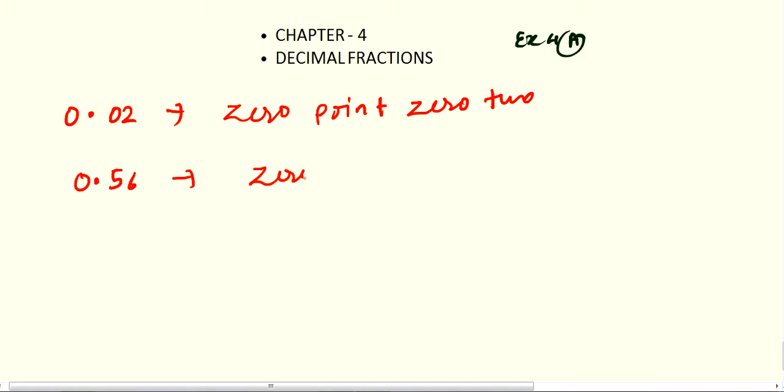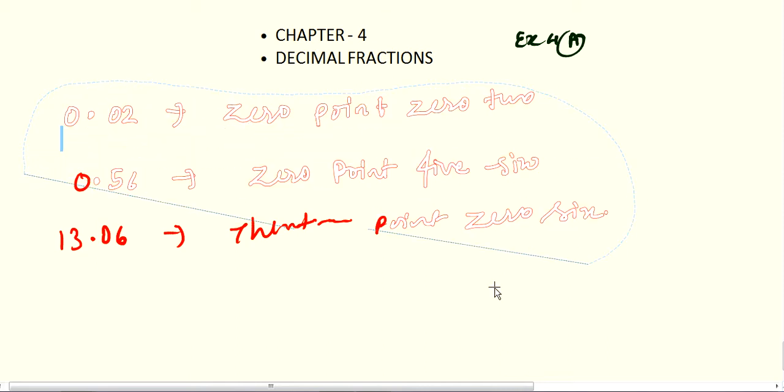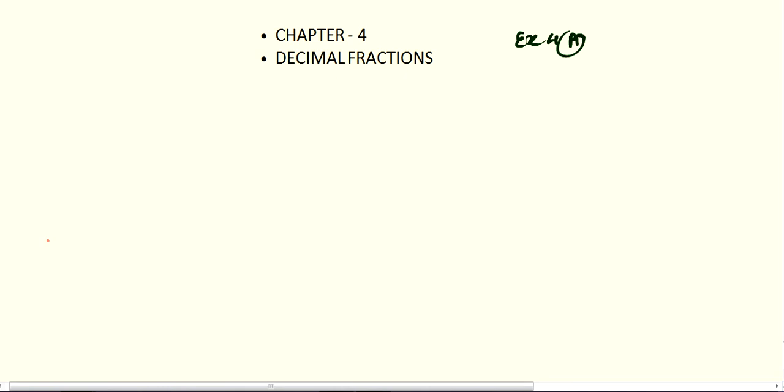So write 0.56. The next is 13.06. So write 13.06. Like this you have to solve question number 4. In word statements you have to write. Clear? Then the last one is